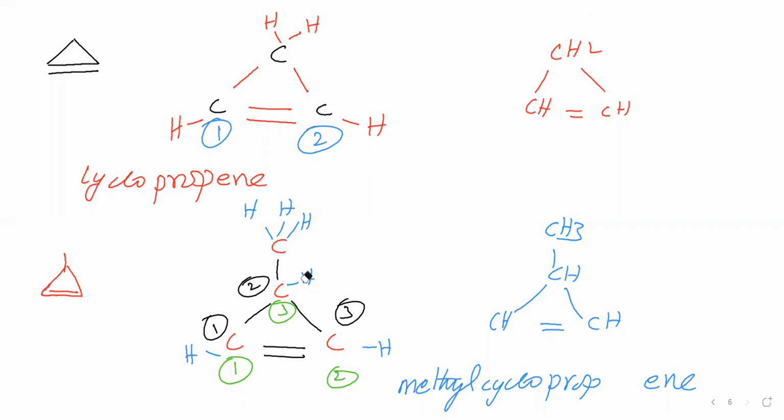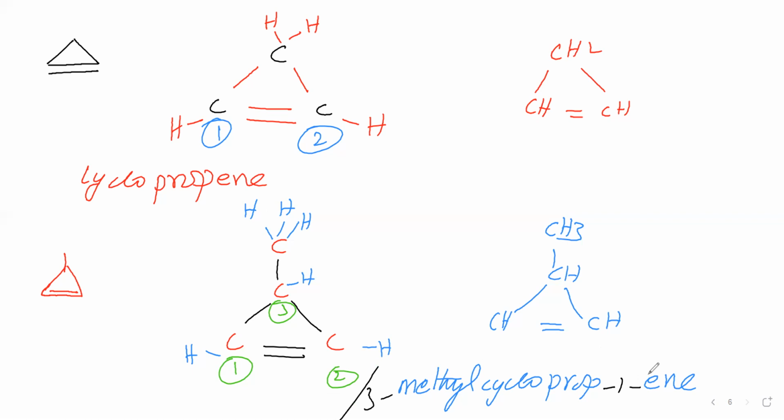So we have given the numbering here. The C=C double bond gets 1 and 2. Like that we have given. Now we will say this methyl position, that is 3. Position 3. Then the double bond position is 1 and 2, where 1 is the position of the double bond. Okay, like this we have to say the name of this compound. If a C=C double bond is there, in this way you say the name.